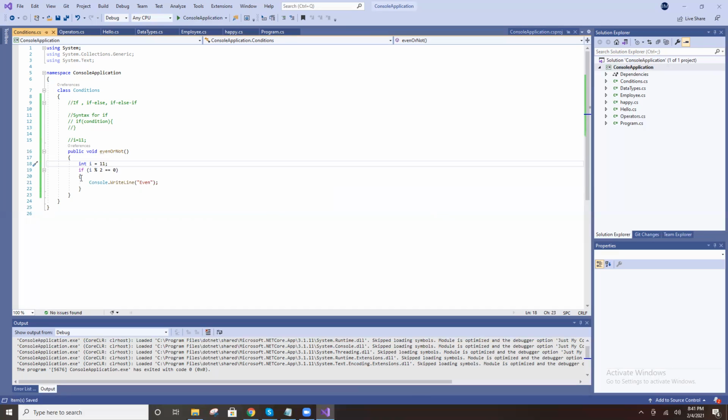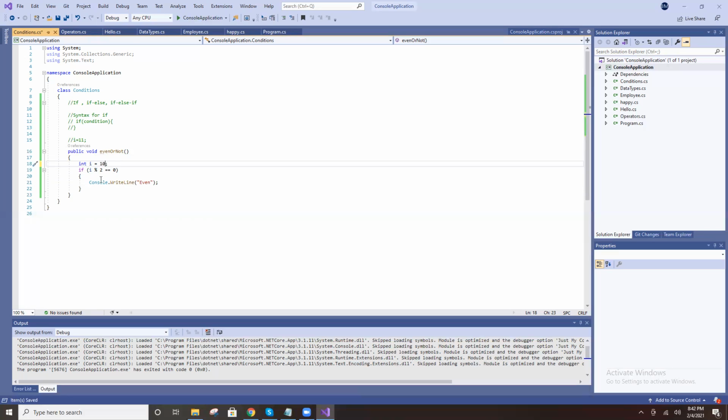Nothing, right? 11 modulus 2 is 1. 1 equal to 0 is true or false? 1 equal to 0 is false. The statement won't execute.